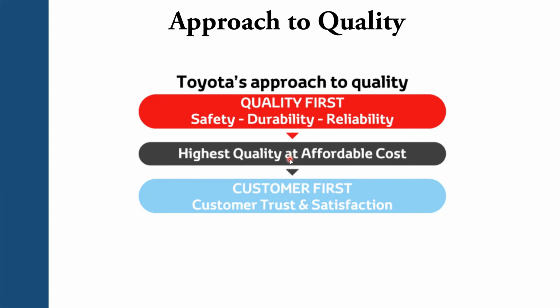Now, if we talk about the approach to quality, as we said, Toyota is delivering quality products by applying DRBFM concepts and the related details, like the GD Cube. So Toyota's approach for quality, firstly they say quality is first, which means they care about safety, durability of the product, and the reliability through a set of tests and certain procedures they follow in documenting the development of products